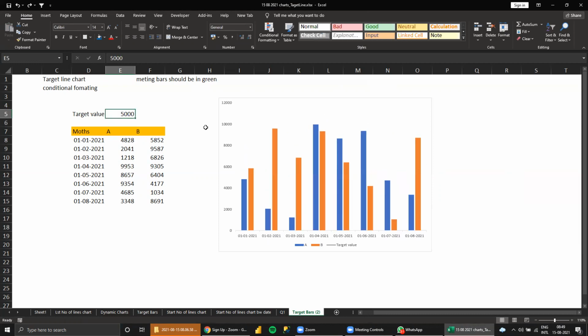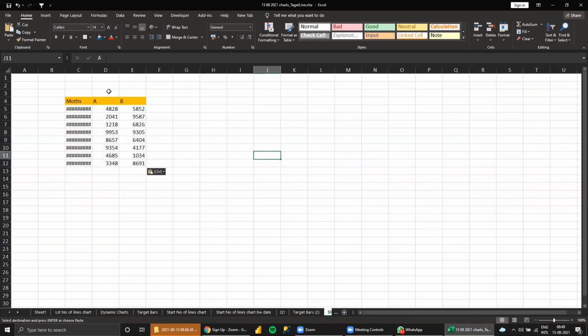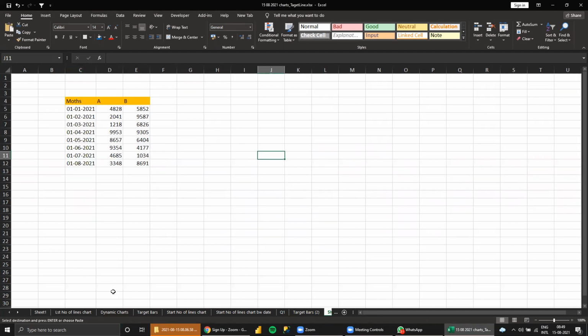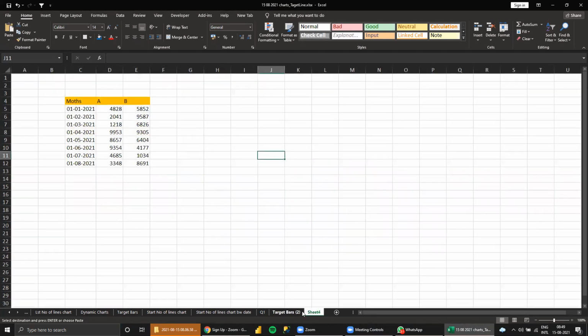Okay, maybe that line is taking. So I take the sheet. Maybe formatting. I am not able to see that. So target line, maybe it would not be visible.